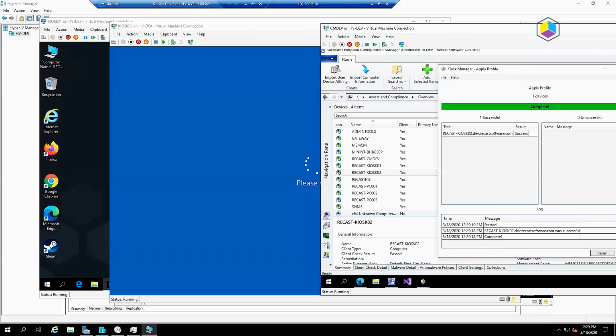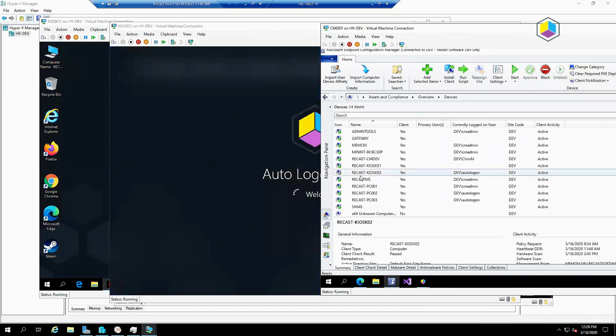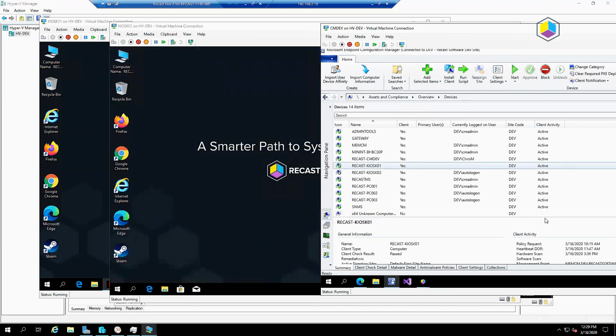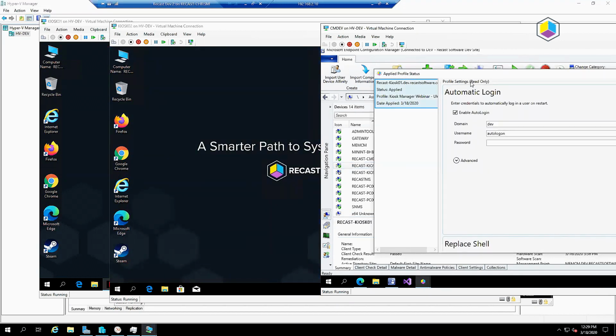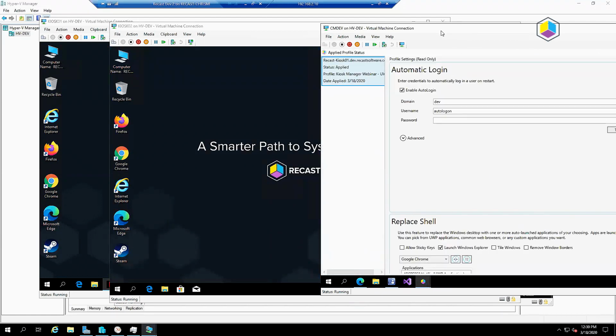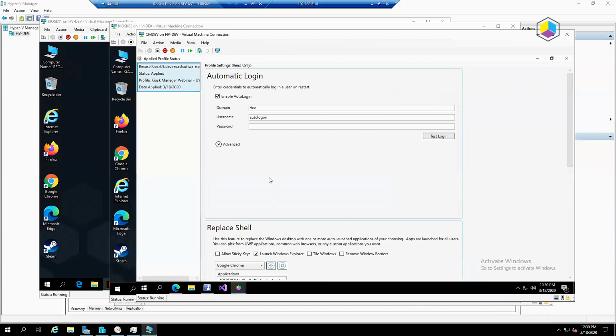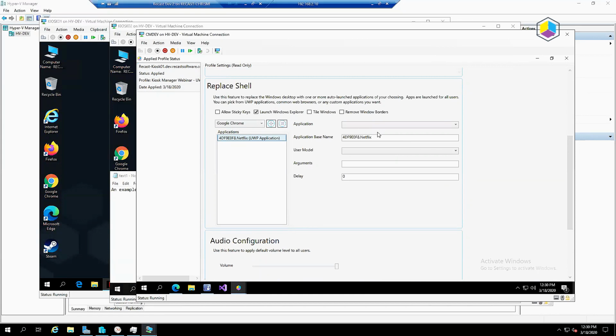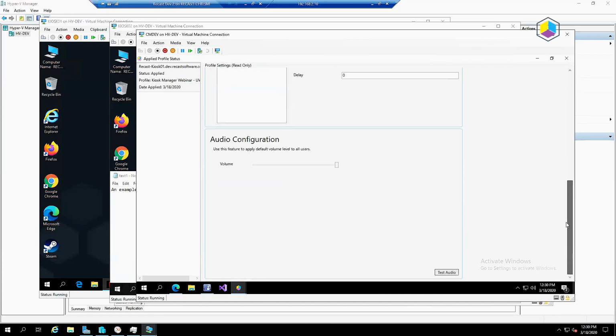If you're ever curious about which profiles you've applied to a device or a device collection, you can use the applied profile status feature in Kiosk Manager to see that. If I go under Kiosk Manager and go to Apply Profile Status, I'll get a view of the profile that's applied to the device, as well as any settings that are applied. So I can see I have this auto logon user applied to Kiosk 01. I've told it to launch a UWP app, specifically Netflix, and then I've configured the audio volume to max. And when you launch it on more than one device, you get a list of devices